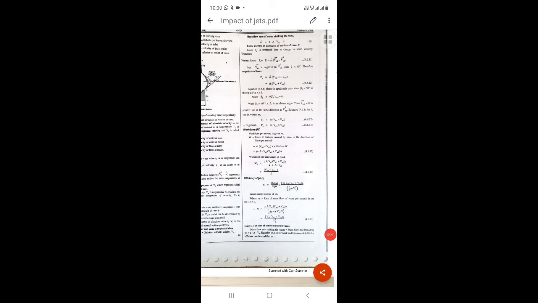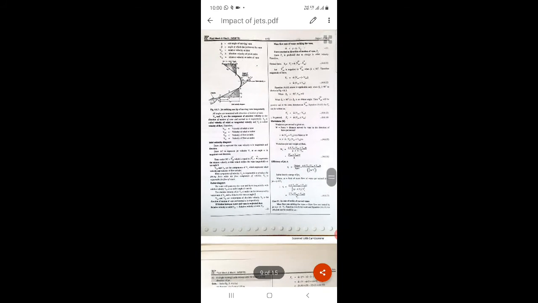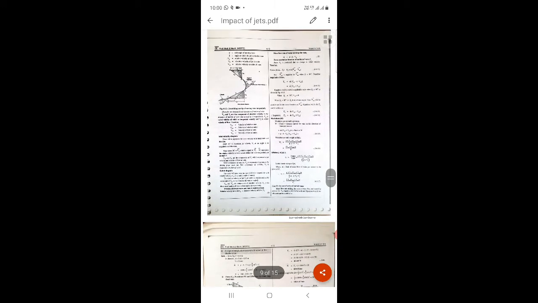And efficiency is work done upon kinetic energy. So this work done, rho a V1 (VW1 plus VW2) U, over half m V squared. So in this way we can conclude the case of this lecture. So write down this.